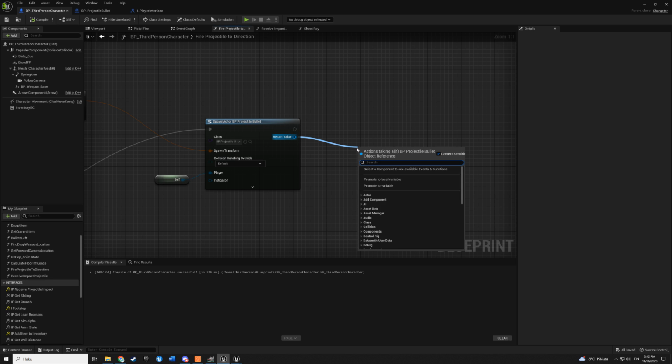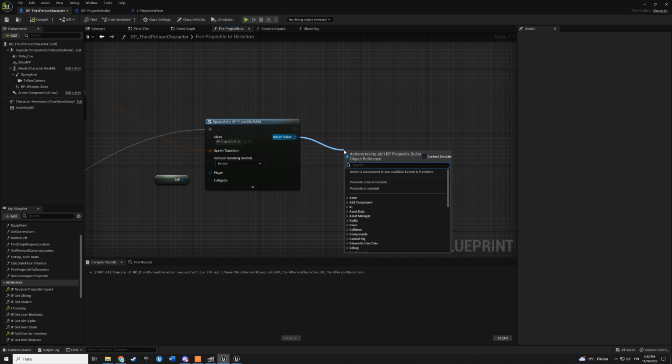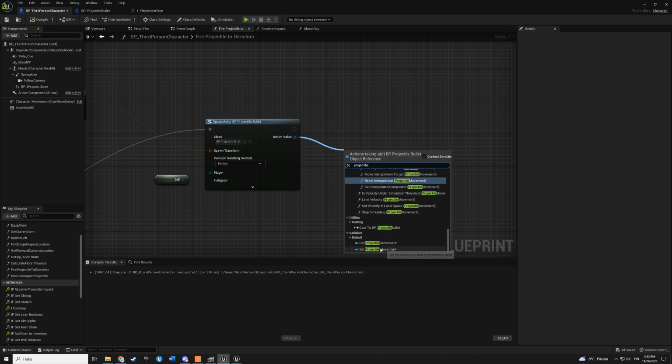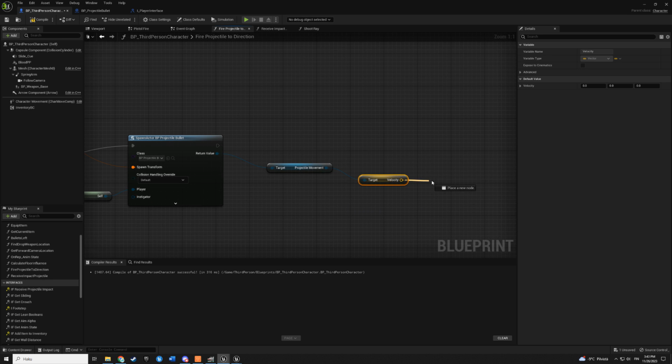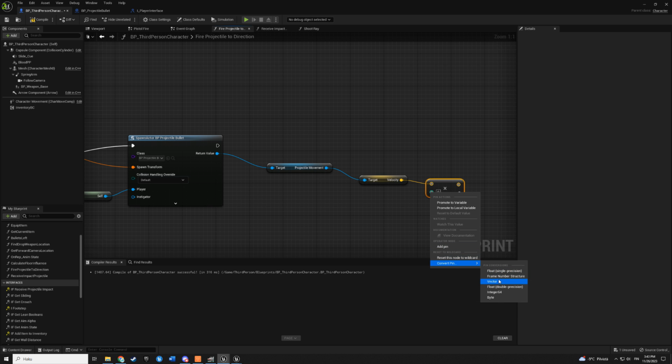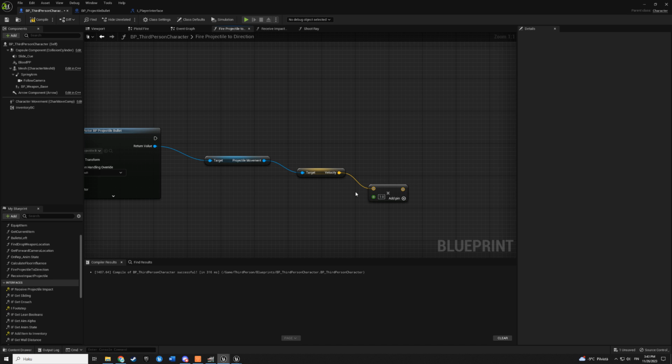So let's get projectile. This is for if you have multiple weapons and you want the pistol have less velocity on bullets. So what we could do, projectile movement, get projectile movement. Then we get velocity. Then we multiply it, and we can convert this to float actually. Float. And let's put now only 1. So basically we are not doing anything because multiplying by 1 doesn't do anything to any number.